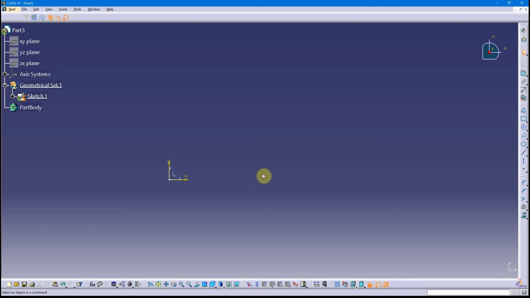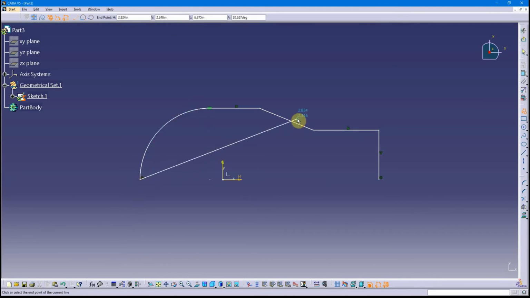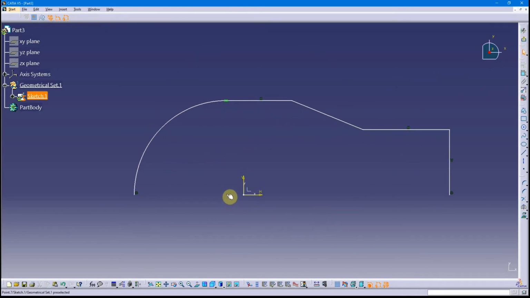Demonstration on the symmetry constraints and also the mirror tool inside the sketching environment of CATIA. So I'm going to just quickly put out a profile, something fairly complicated that's a mirrored image, at least down one axis, that you probably don't want to have to recreate when you're modeling. And the hope, the design intent at least, is that it will remain